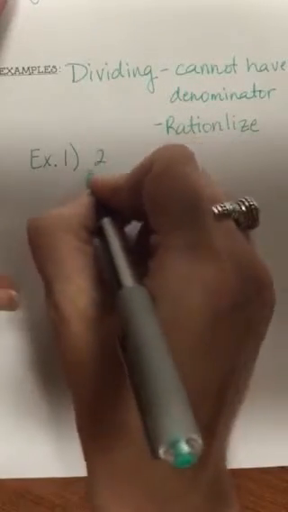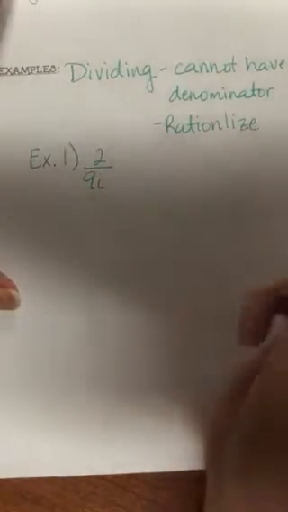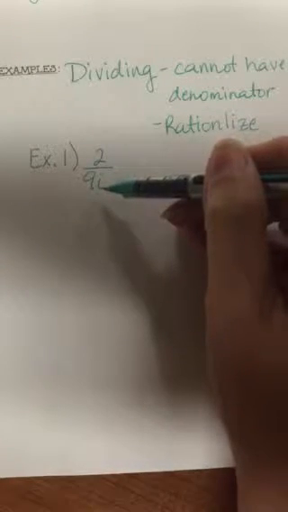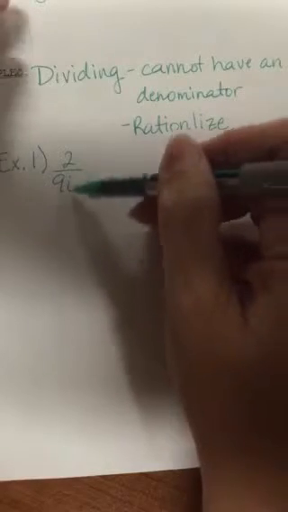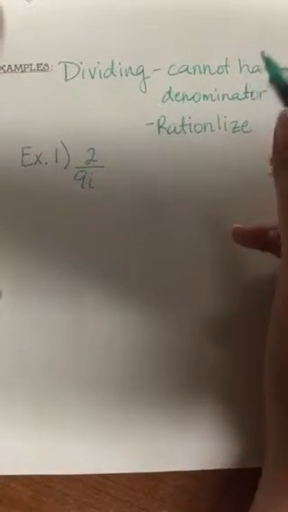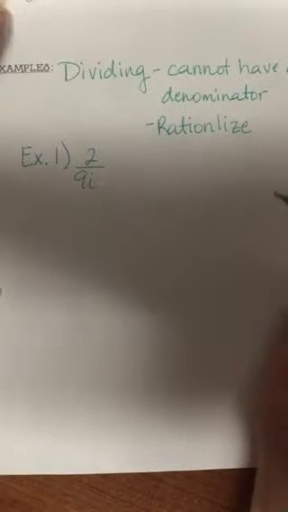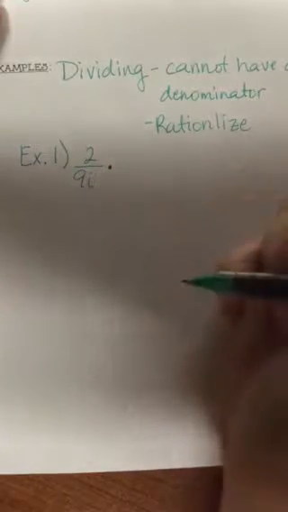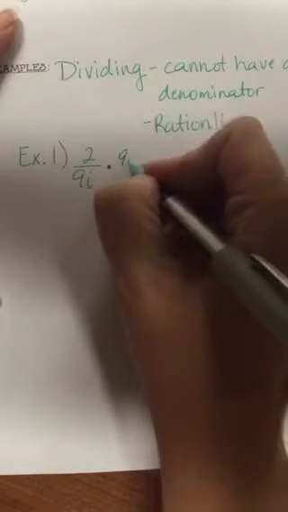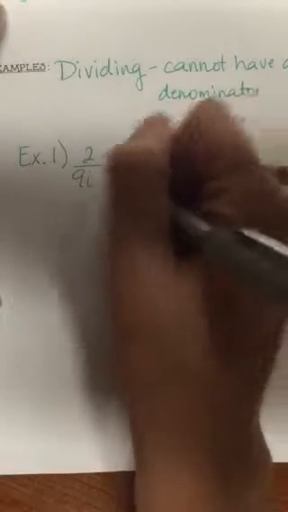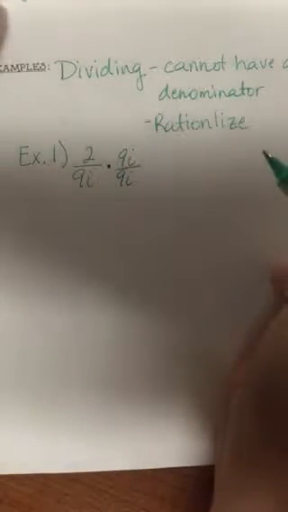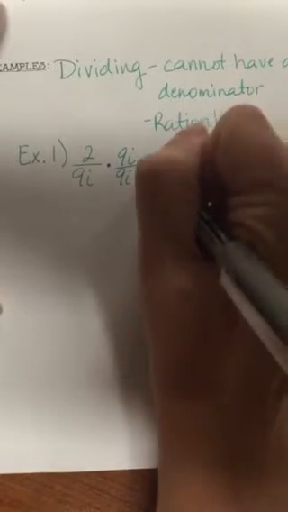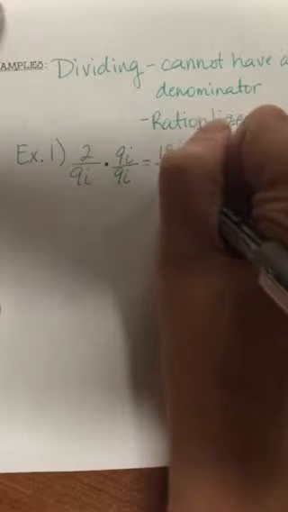So if we have something like 2 over 9i, okay, we cannot have an I in the denominator because I represents the square root of -1, and so it would be like having a square root in the bottom. So the way that we move that away from the denominator is we multiply by the exact thing in the denominator. So we're going to multiply the top and the bottom because you can't do one or the other, right? So you multiply the top and the bottom by 9i. So when you do that, on top you're going to get 18i, and on the bottom you're going to get